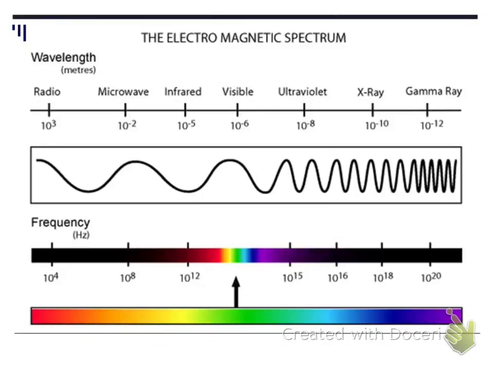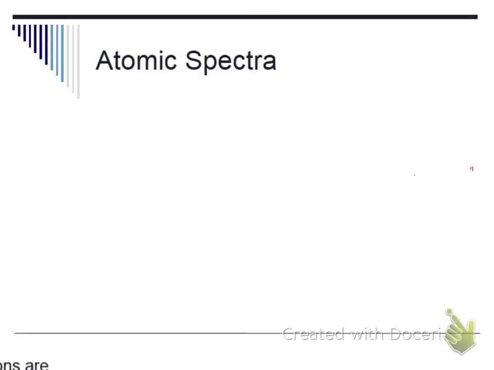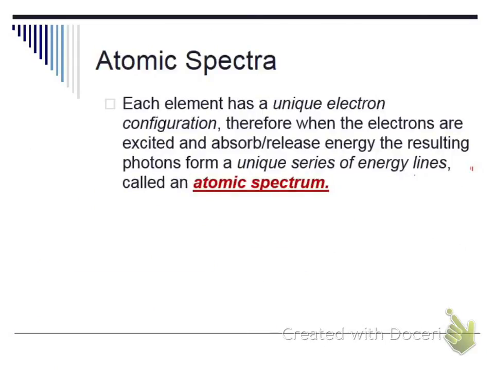Yesterday we looked at the atomic spectrum of the different elements. So today we're going to talk about that real quickly before we get into electron configuration. That was the electromagnetic spectrum, just reversed from the way we looked at it in the flips lesson. Remember, each element has its own unique electron configuration, which is what we're going to learn here in a second. But because of that unique electron configuration, whenever the electrons are excited or they absorb or release energy, the